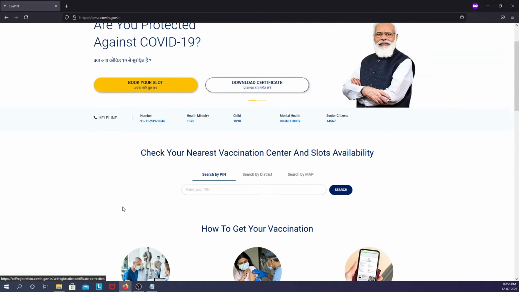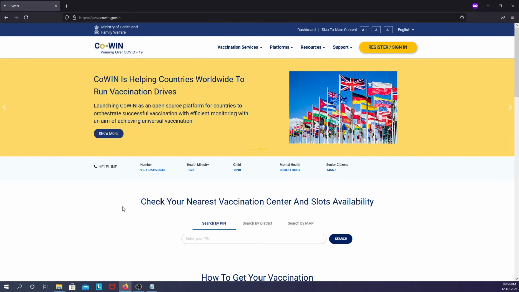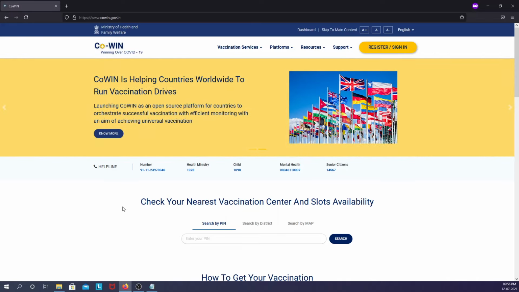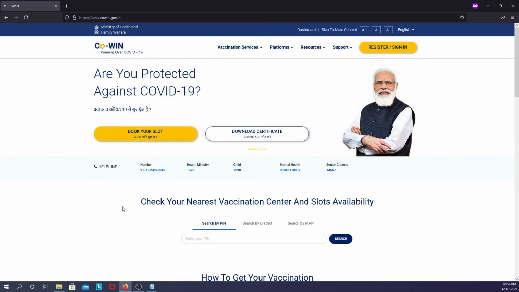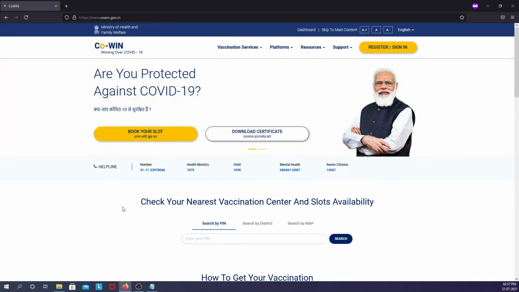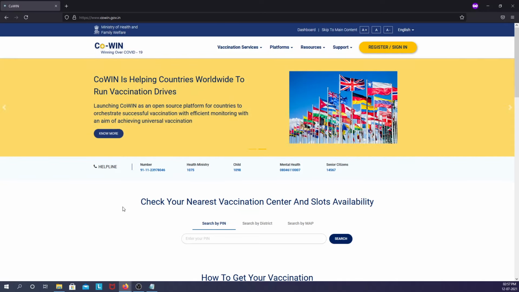There are a series of steps users need to perform in order to successfully book a COVID-19 vaccination slot. First, the user should register with this CoWIN application through the website or mobile app. Once they're done with that, they need to search for the available vaccination centers near them, and within those centers, they should be able to search for an available open vaccination slot.